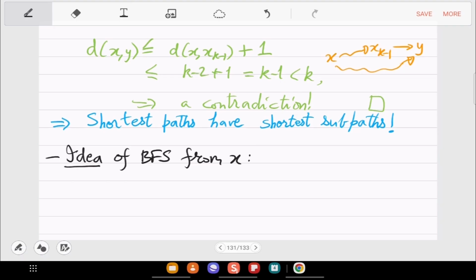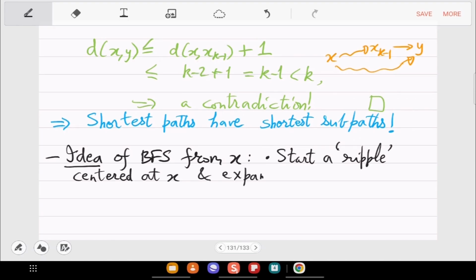So start a ripple centered at x and expand out. So let's just see it pictorially. So you have x in the center,